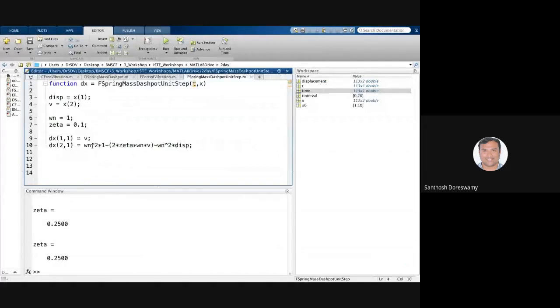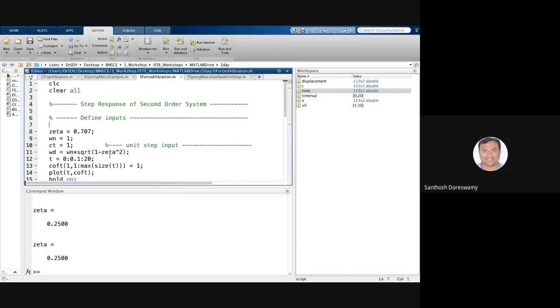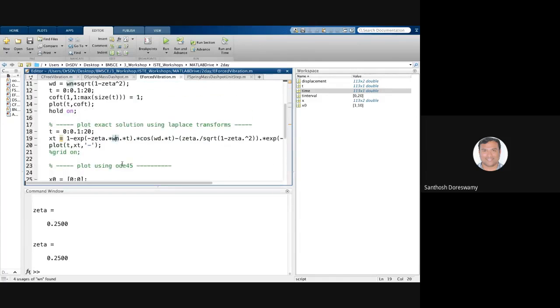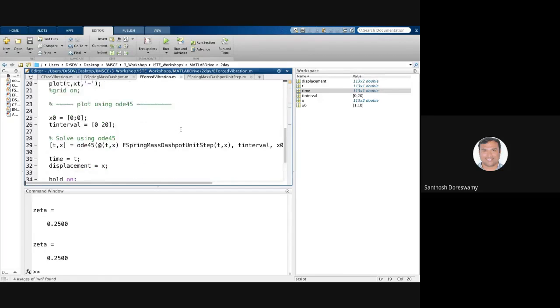Here it is. What I've done again is write two differential equations from the second order differential equation. These are the two differential equations, and unity stands for c of t equals 1, which is the unit step displacement. I will take a certain value of the damping ratio, and define the natural frequency, which is 1 for this system. Now define what is omega d and plot the exact solution here, and then use ODE 45. We have just done the same thing, but only to include the force term here. That's all, nothing else. So if I run this program,